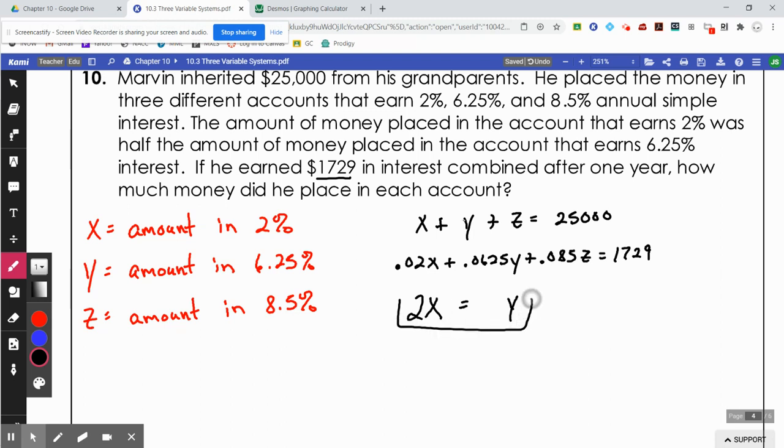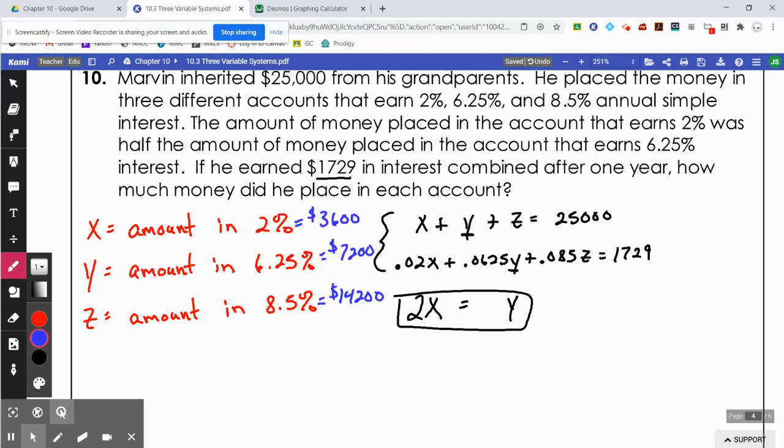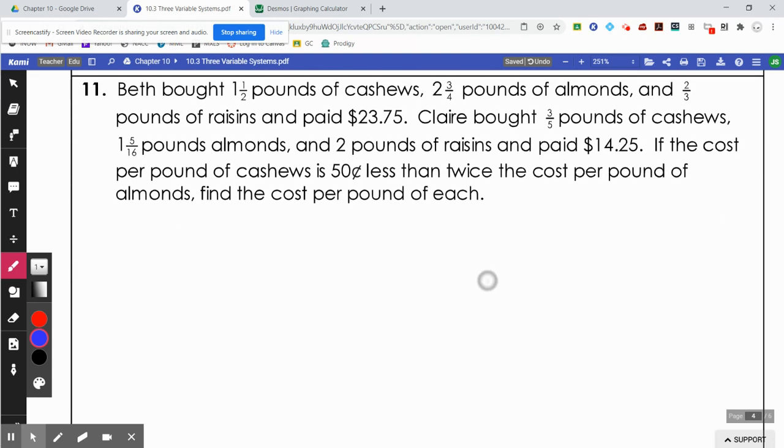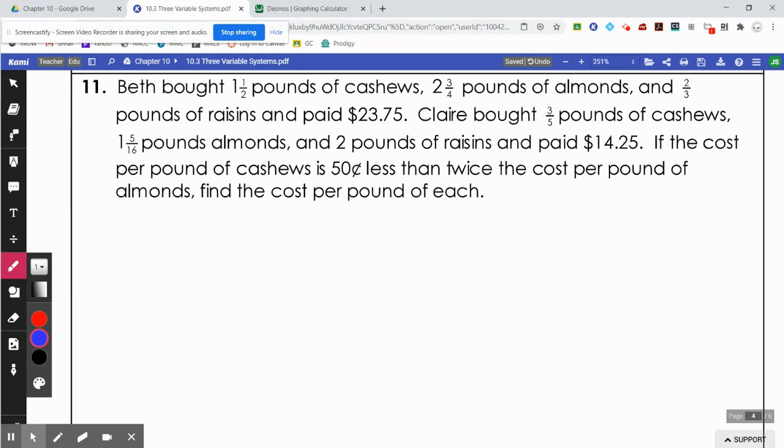So since I've got this equation, again, definitely substitution. Everywhere you have a Y, I would place 2X. That's going to give you two equations that now have only X's and Z's. And when you solve it, you're going to find out that X, Y, and Z are equal to 3,600, 7,200, and 14,200. Number 11. Beth bought 1.5 pounds of cashews, 2 3/4 pounds of almonds, and 2/3 pounds of raisins,